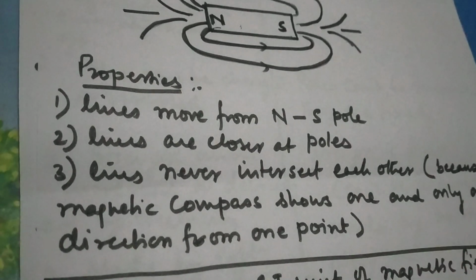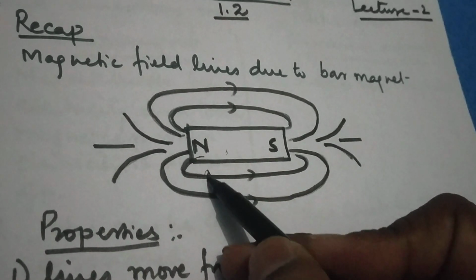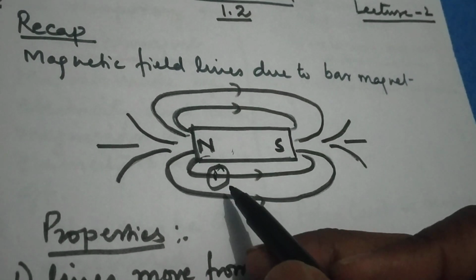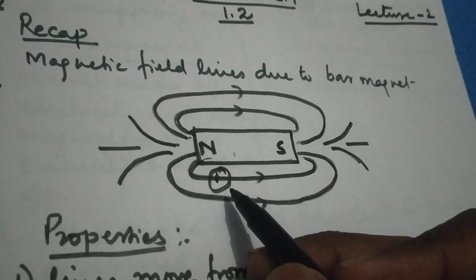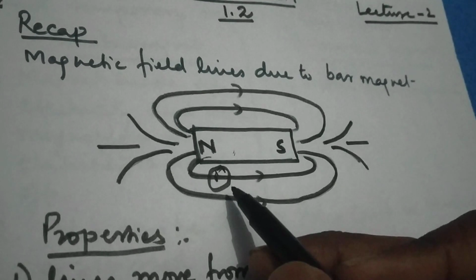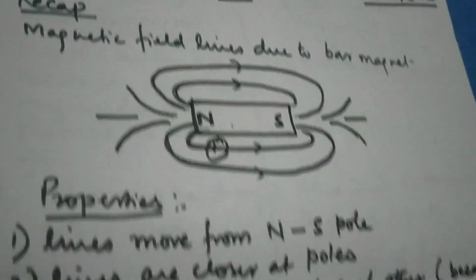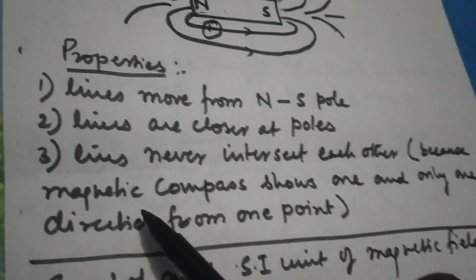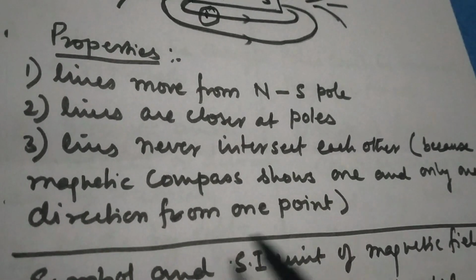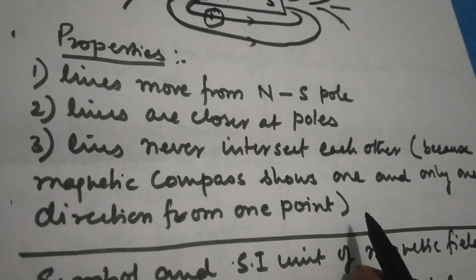We also discussed that lines never intersect each other. Why do we see that lines are not intersecting each other? Because only one direction is possible from the compass, or you can say only a unique direction is shown by the compass needle, which will never match another, and as a result these lines cannot intersect each other. So I have given the justification that a magnetic compass shows one and only one direction from one given point. I hope these properties are